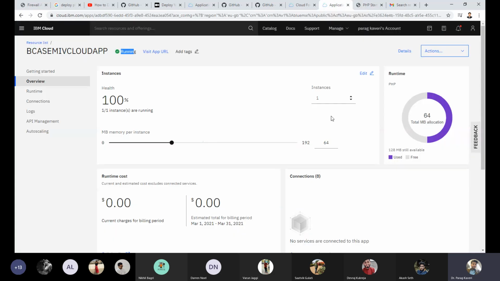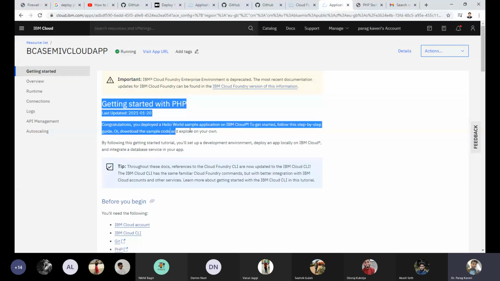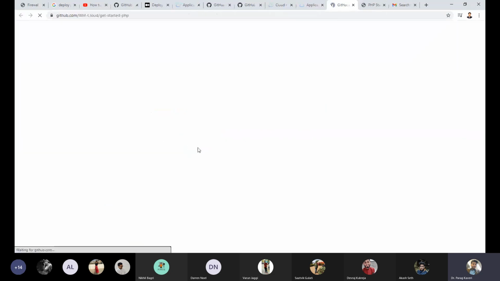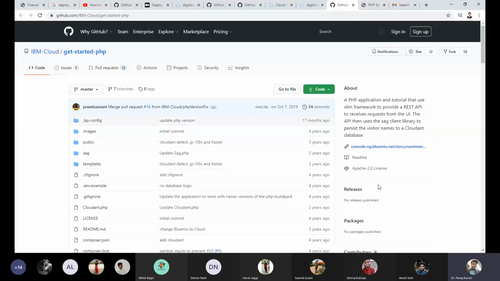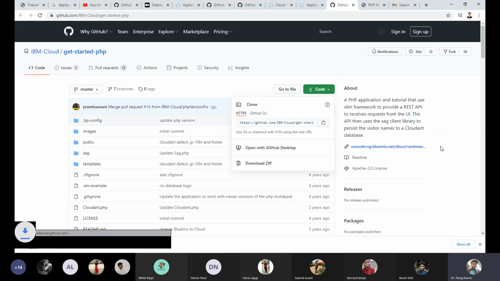The best and easy way to do it is to go to getting started and click on getting started. Here in the first step, download the sample code which we have uploaded. So you just click on download the sample code. You will come to this GitHub page. Here you have to click on code, download the zip.